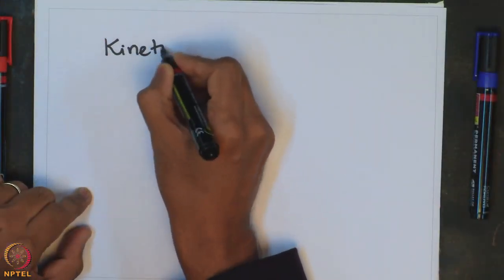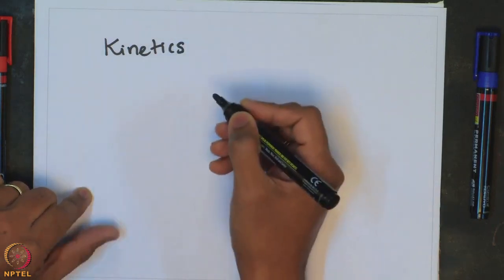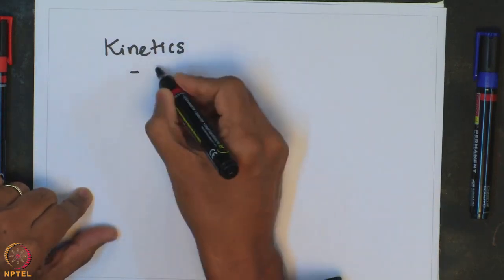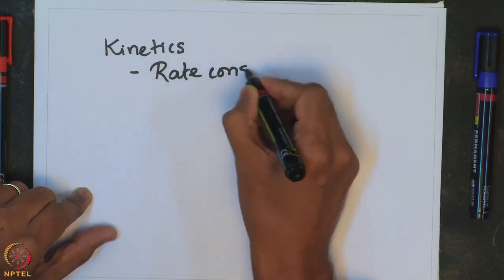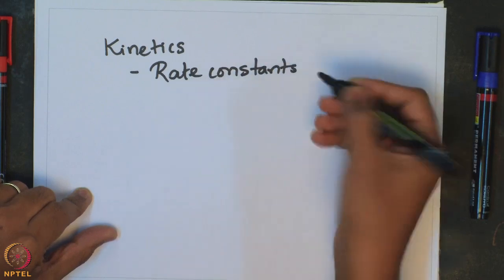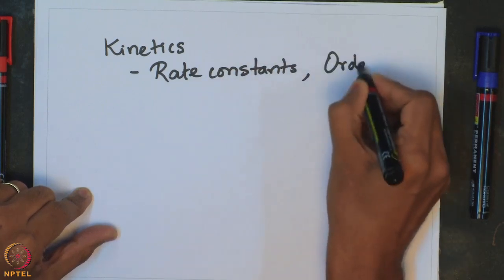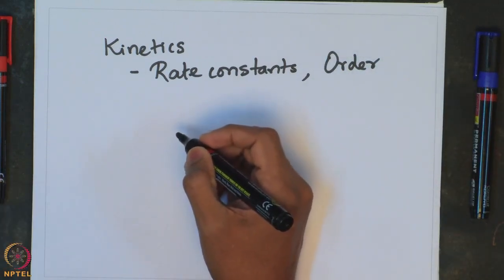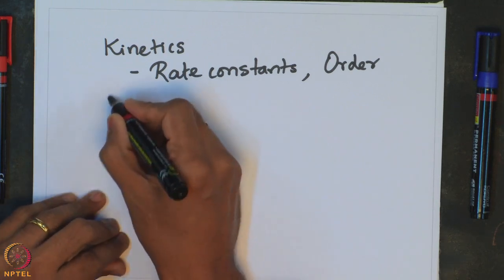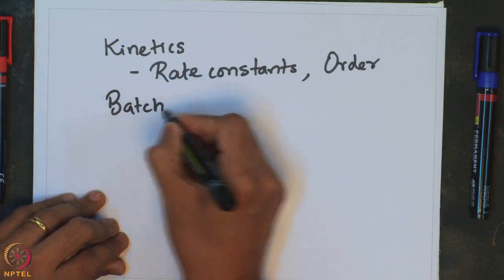In the first level chemical reaction engineering course, you would have covered several aspects. For instance, you would have covered kinetics, in which estimation of rate constants and order of the reaction for different cases would have been considered. In addition, you would have looked at the batch reactor design,